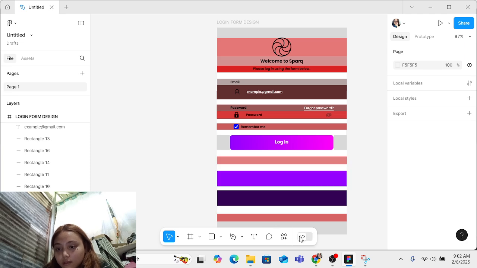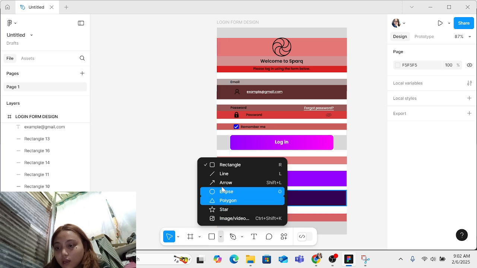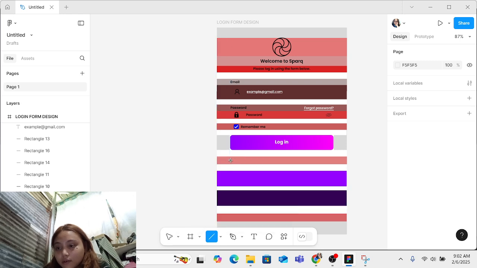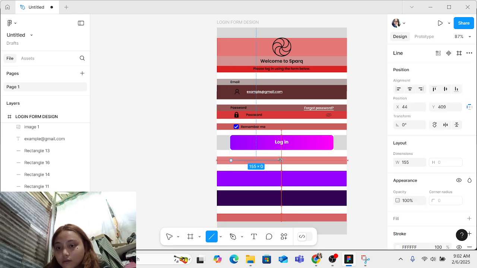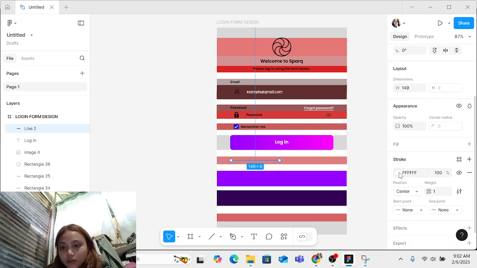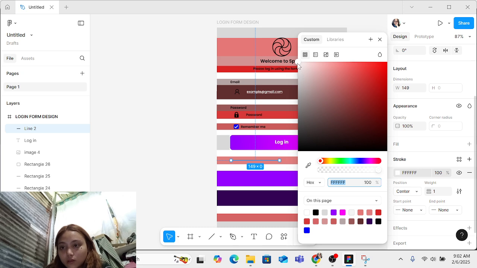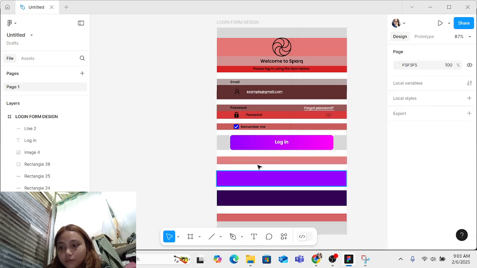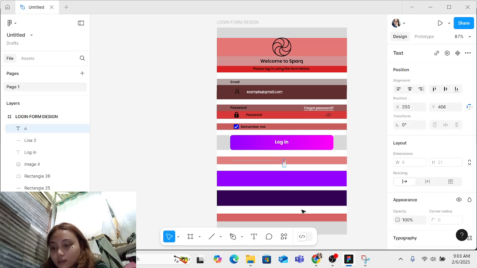Next is the or. So let's put the line first. We change it to gray. Something like that. And put the text here. And set or.